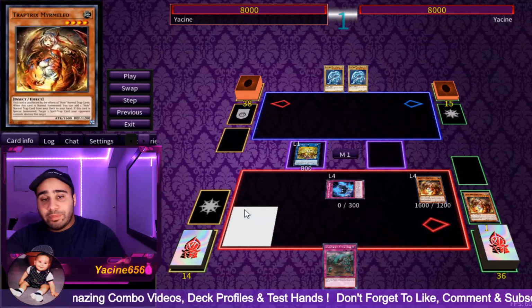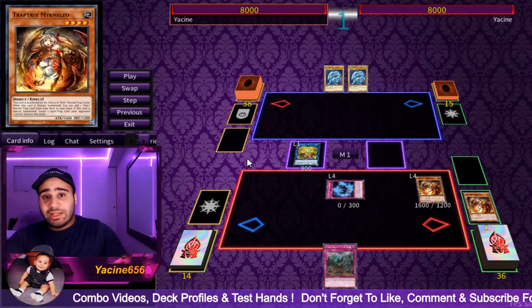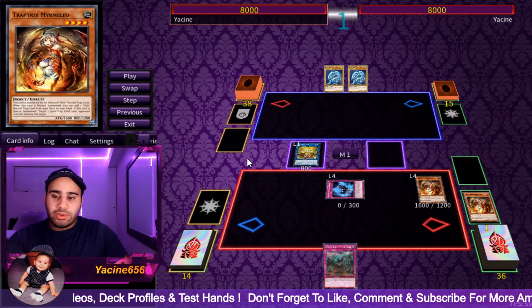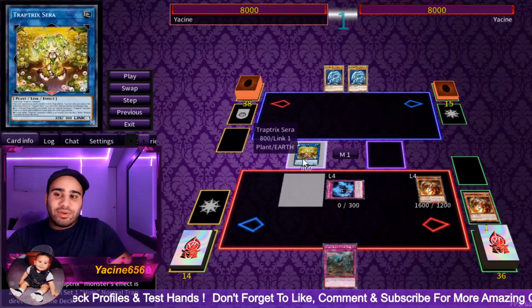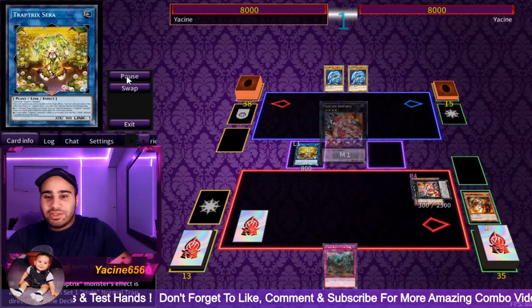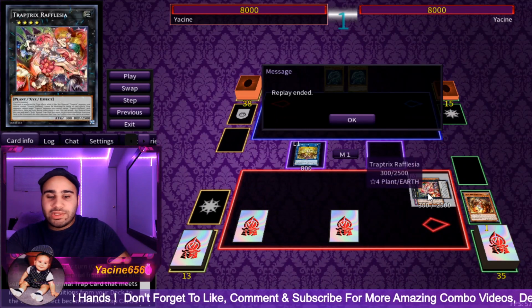But Mermelio is actually a mandatory effect, so even if your opponent has absolutely no spells and traps, Mermelio still has to activate and attempt to destroy a spell or trap the opponent controls. Actually, it only targets what your opponent controls. And then Sarah is going to trigger and set a Traptrix card as well, a normal trap from your deck to your field. So here I go for Treacherous, and then I set Gravedigger because I have Rafflesia, and